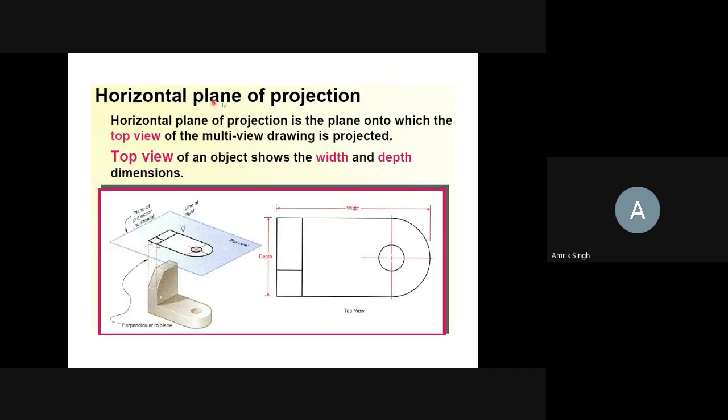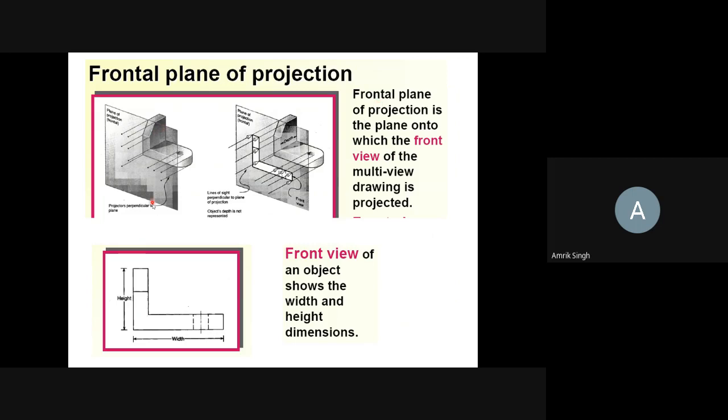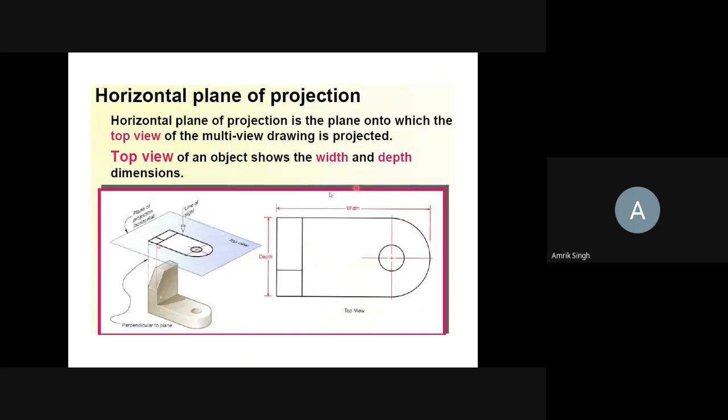Now, horizontal plane of projection. Earlier it was the vertical plane of projection. So if we draw a horizontal plane of projection on this object, we have taken the same object. The line of sight will be perpendicular to this plane. So when we see from the top, you see around these edges, like this. A boundary will be drawn like this.